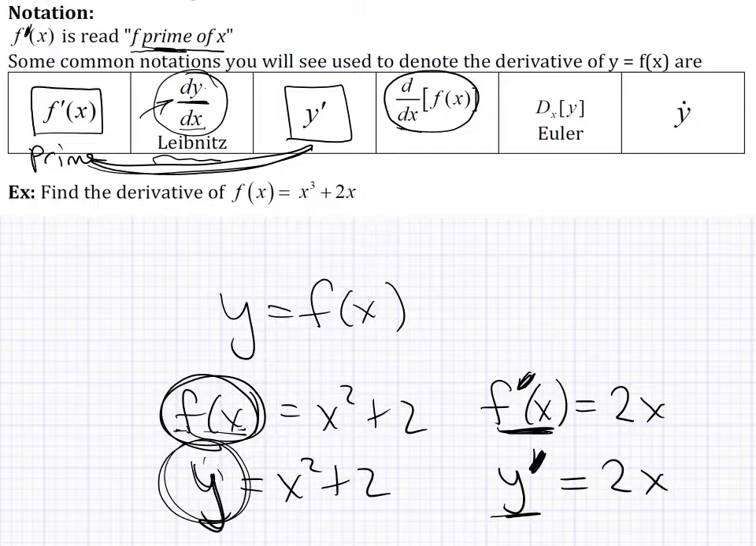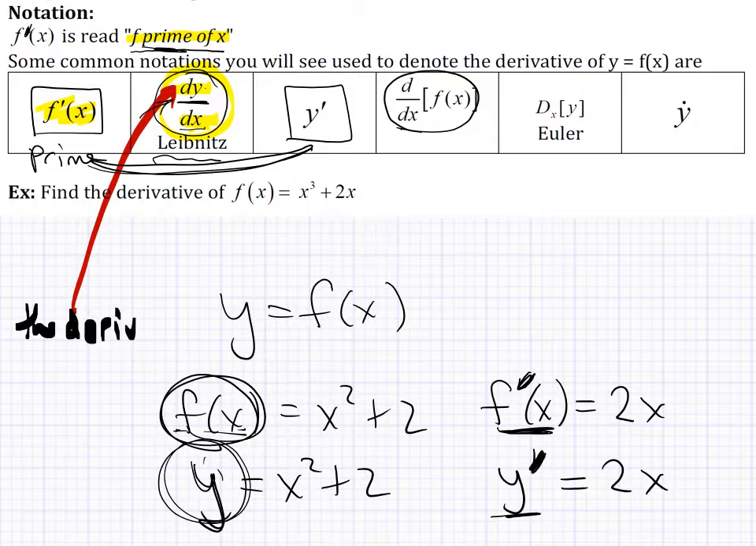Well, the way we read that is dy dx. We don't use the word over. So if we just look at this, we say dy dx. When we look at this, we say f prime of x. So dy dx. It's really dy over dx, but dy dx. What this stands for is dy is the change in y, or the derivative